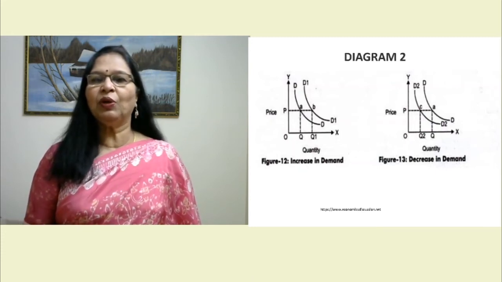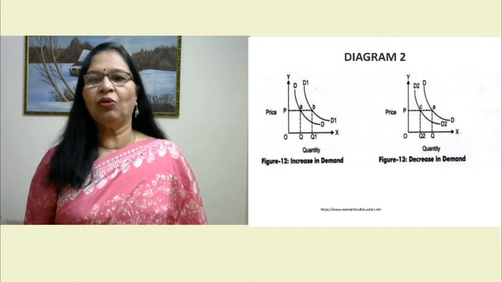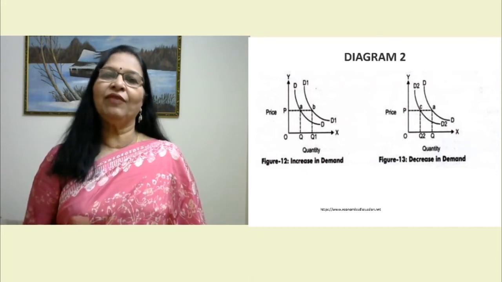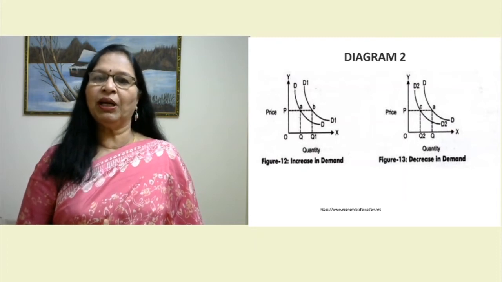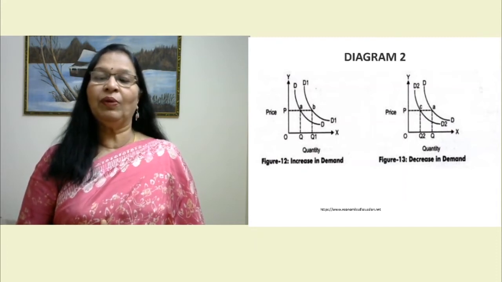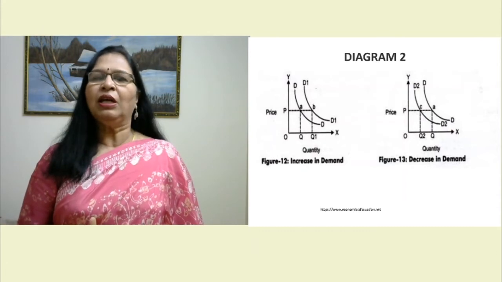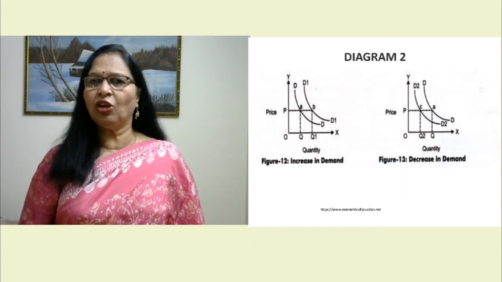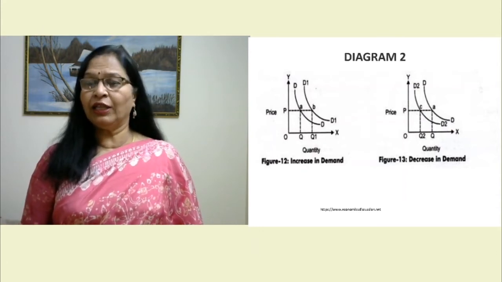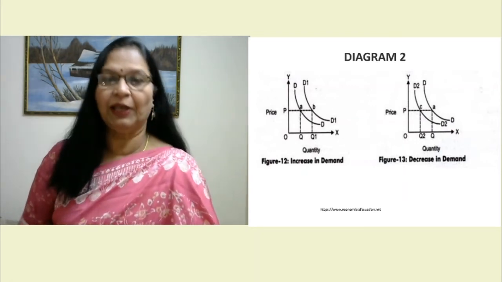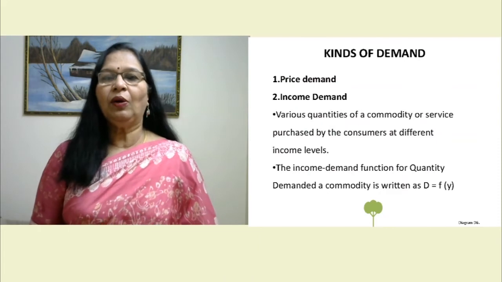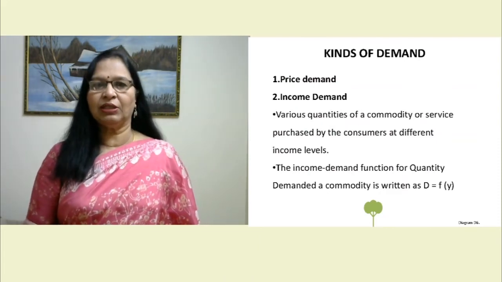On the other hand, you can also see DD as the original curve, and there is a leftward shift of the curve, which gives you a new demand curve D2. Again, the quantity purchased has decreased, not because of a rise in the price, but because of some other factor, like we have just explained. Now, let us also look at this concept here,